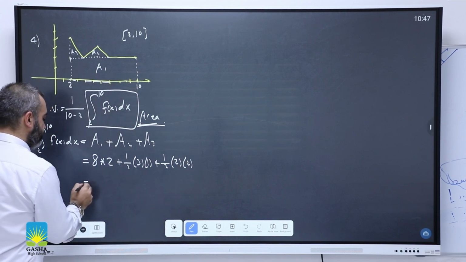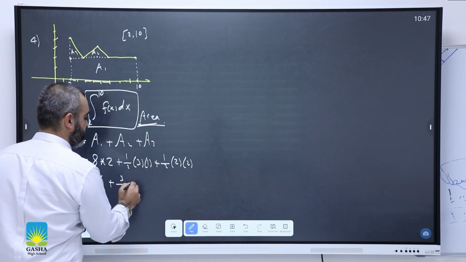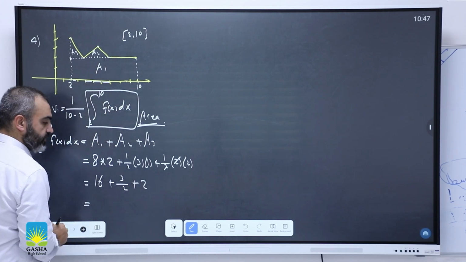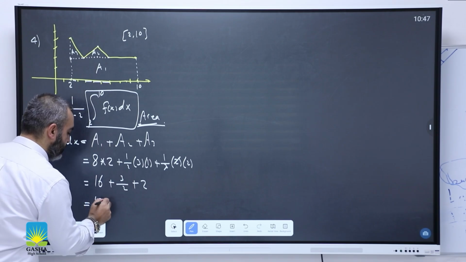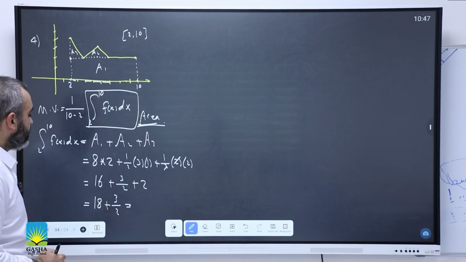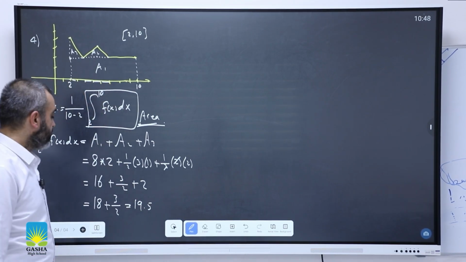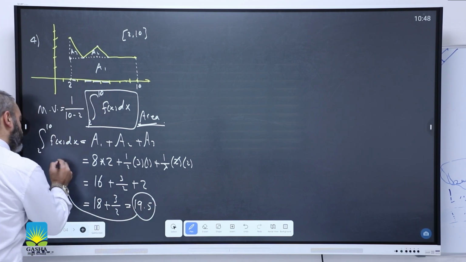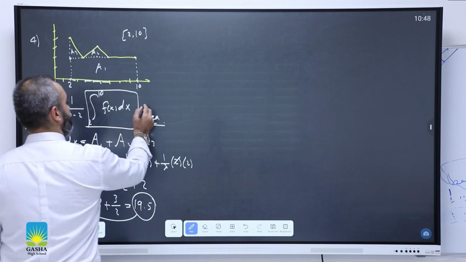So it becomes 8 times 2, 16 plus 3/2 plus, this 2 cancels, so this is 2. 16 plus 2 is 18 plus 3/2. And 18 plus 3/2 is 19.5, right? So the 19.5 is the result of the integral, and we substitute 19.5 here, equal to